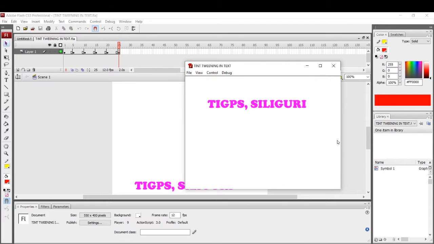So later on I will show you what actually the symbol is, and it cannot be added to the objects that are drawn directly on the stage or canvas of a movie. So just remember one thing, that if you want to create a tint tweening, the object has to be converted into a symbol. Okay,